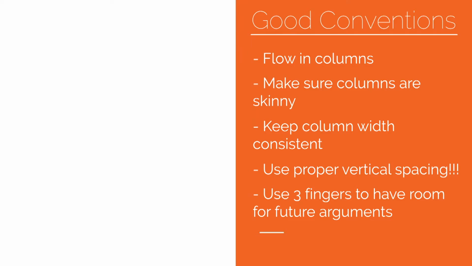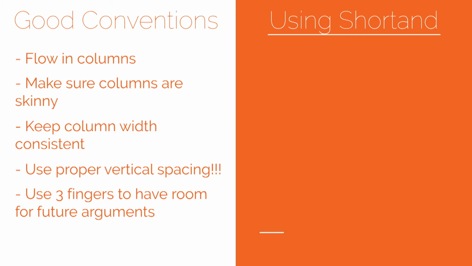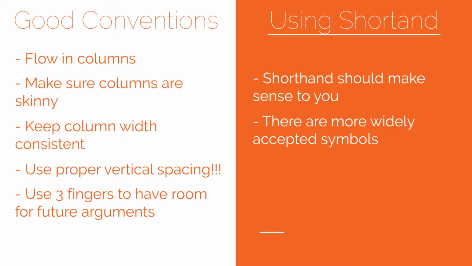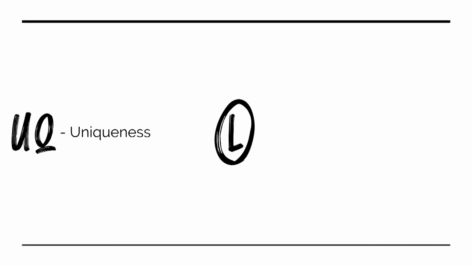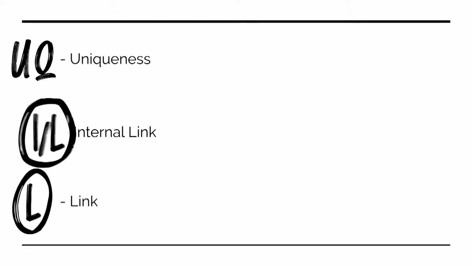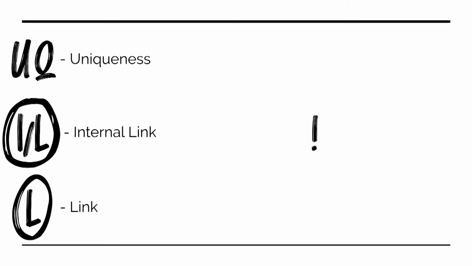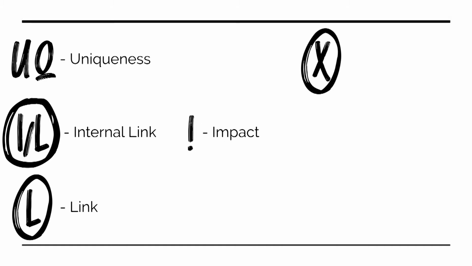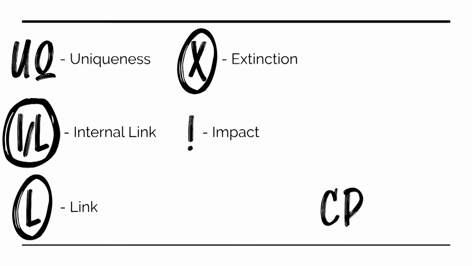Another rule is that you want to use shorthand. Now, again, the shorthand should make sense to you, but I'll list some common symbols, which hopefully you can pick up on. There's no need for you to memorize these, but if you're looking at someone else's flow or a judge's flow, these might help you. So UQ stands for uniqueness, L with a circle stands for link, IL, sometimes with a circle, stands for internal link, an exclamation point stands for an impact, X with a circle around it stands for extinction,